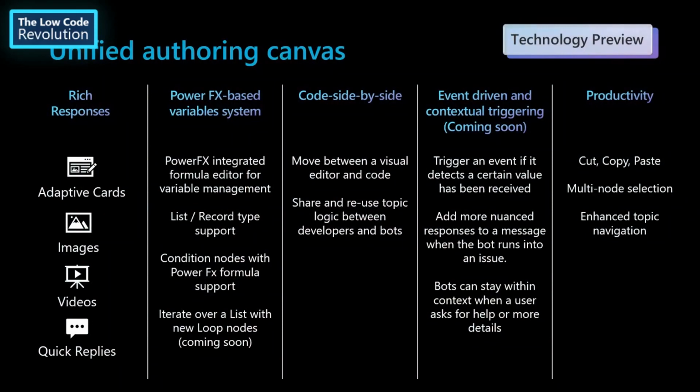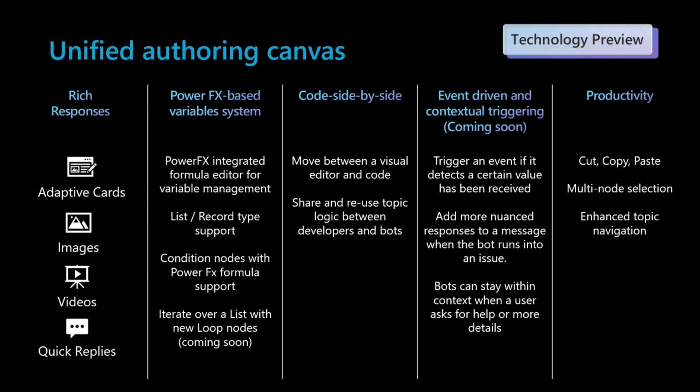Yeah, absolutely. So let's dive into a few of the features on the authoring canvas itself. Firstly, one thing that we've heard from our users for a long time is they want to be able to build rich, multimodal responses, so adding things like images and videos. It's been possible, but you've had to really stretch the boundaries of what PVA can do, and start to combine it with Power Automate. So we're announcing a new rich responses capability that allows you to add cards, images, videos, even alternative responses that will get picked at random when the bot talks. So if you talk to the bot more than once, then it's going to feel more natural and more engaging.